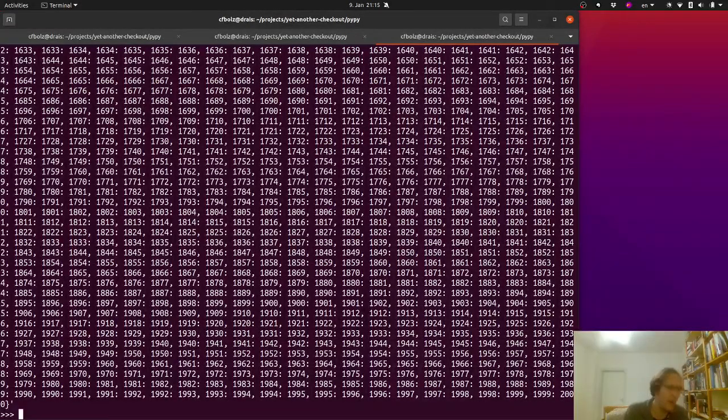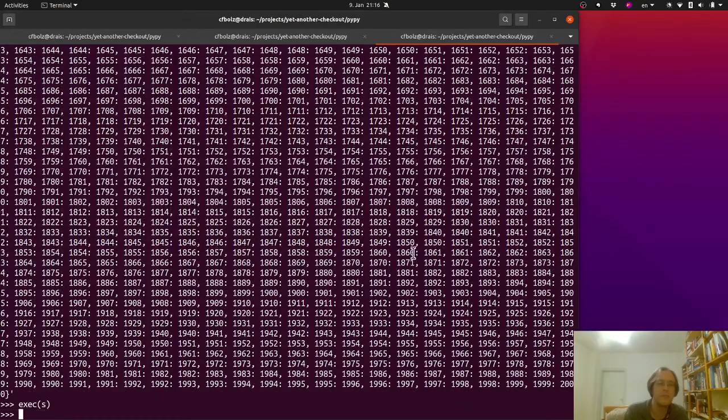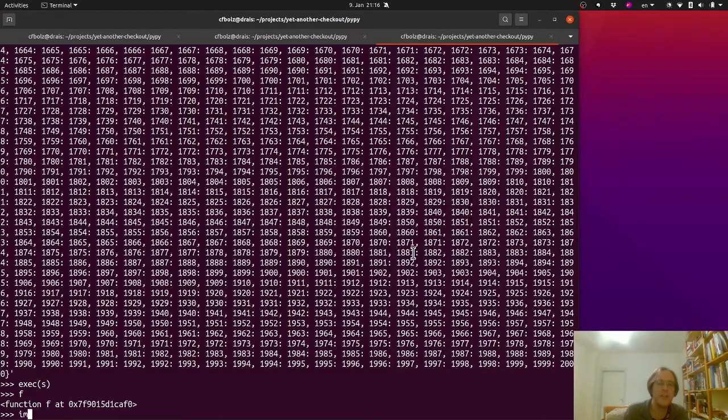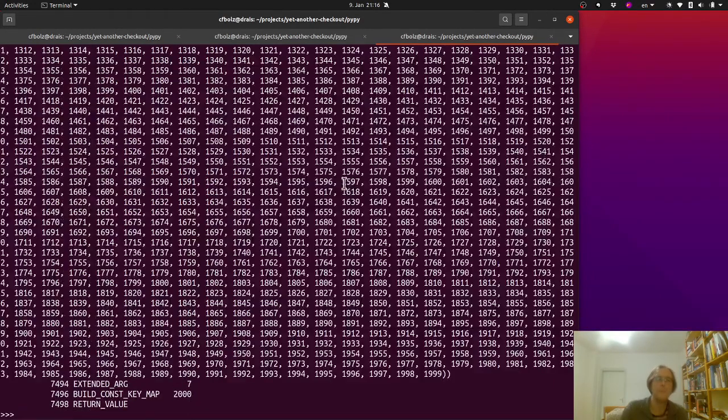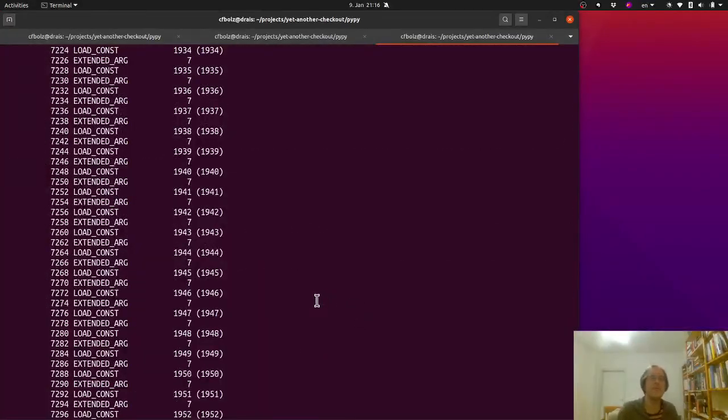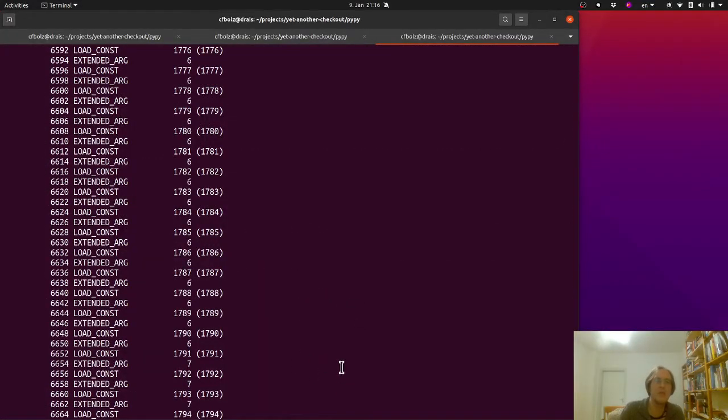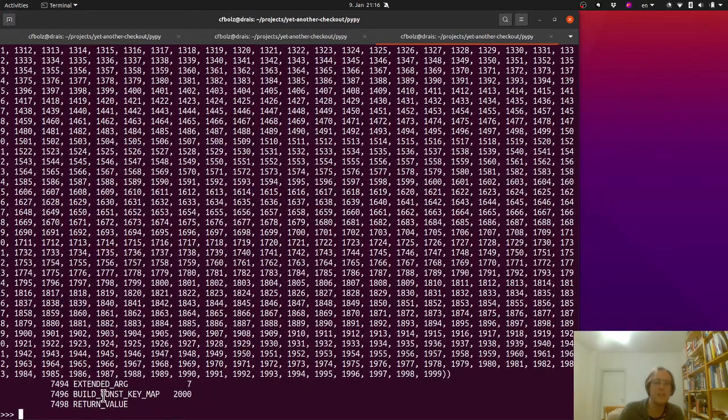And so now if we exec this, we have this function, and if we disassemble this, we get a really scary thing that calls load const many thousand times, and then in the end it calls build const key map, which is a new opcode,